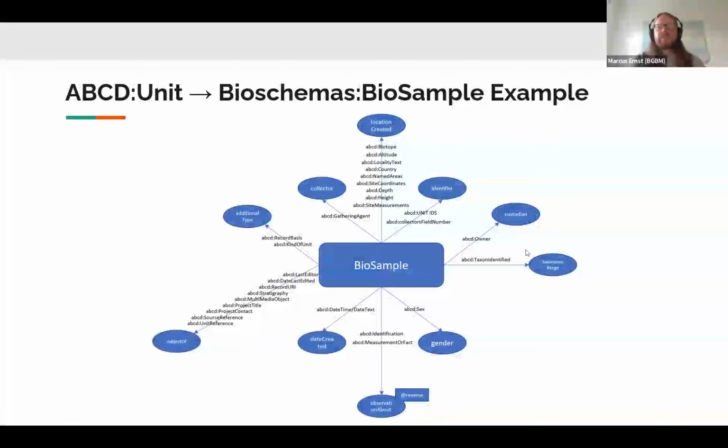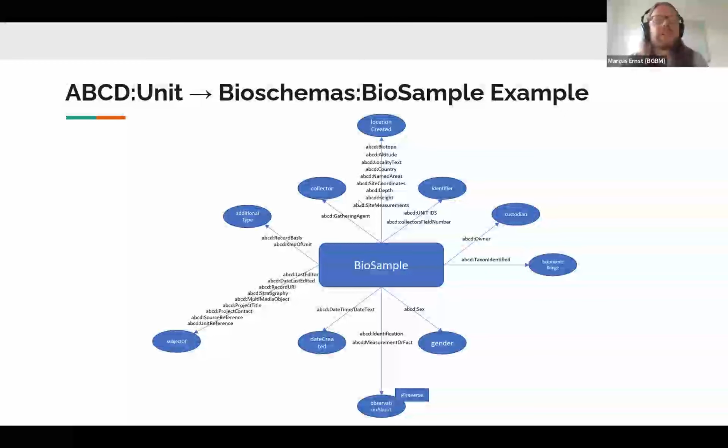This ABCD-based specimen information, like identifiers, collector, custodian, but also location information, date information, or the taxonomic range, can be successfully associated with properties of the BioSample type.